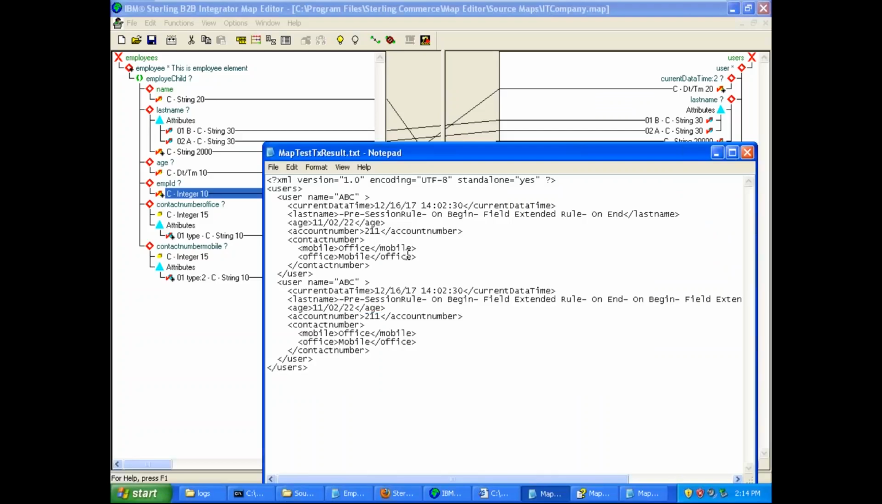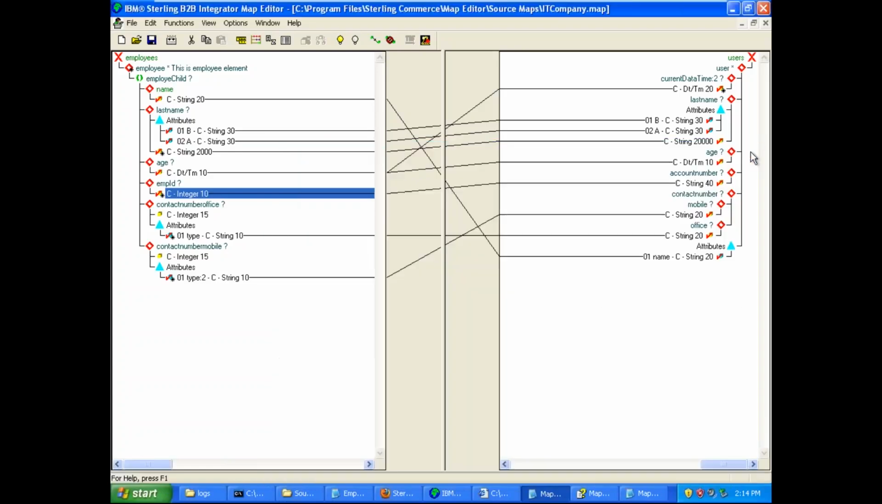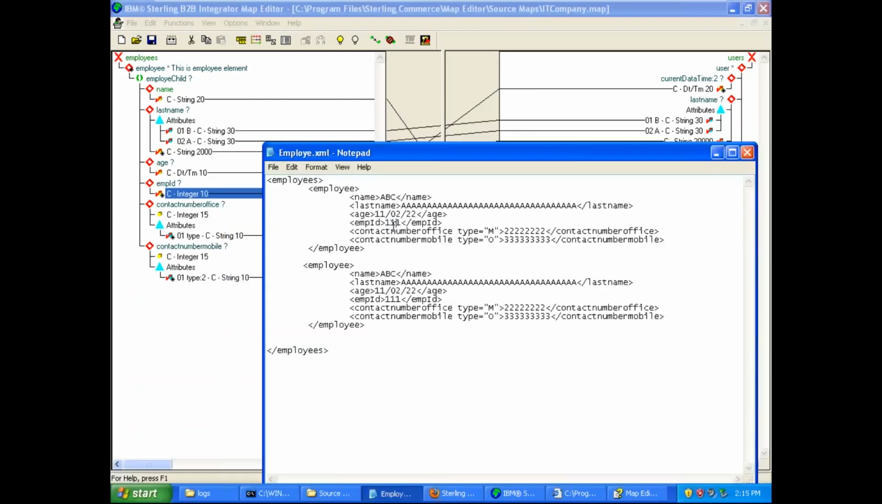Okay, so this is 211. This is the output actually. I have to make the changes on the input side. So employee ID is 111 for both employees. In this case, because employee ID is greater than 100, our if will be satisfied and 100 will be added to this. But if your employee ID is 11,